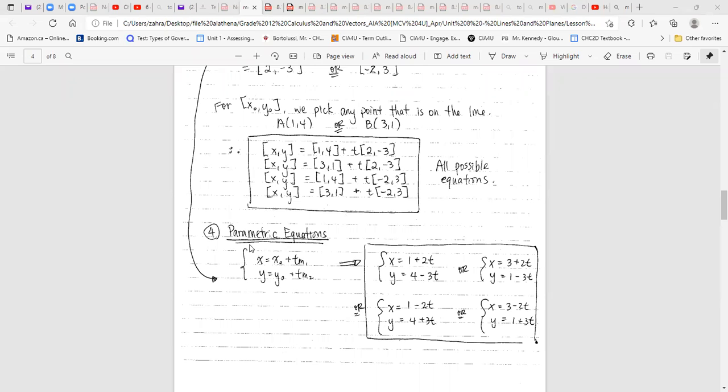And for parametric equations, we have x equal to 1 plus 2t, and y is equal to 4 plus negative 3t. I did it for the first one, and you can see the other parametric equation for the